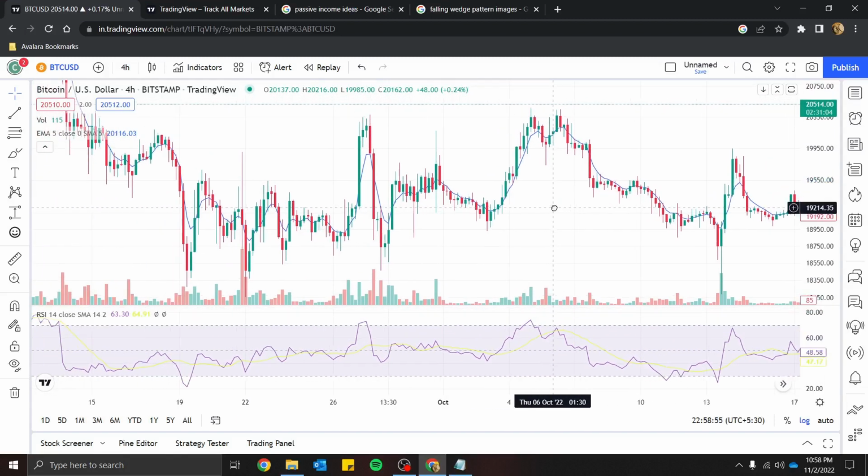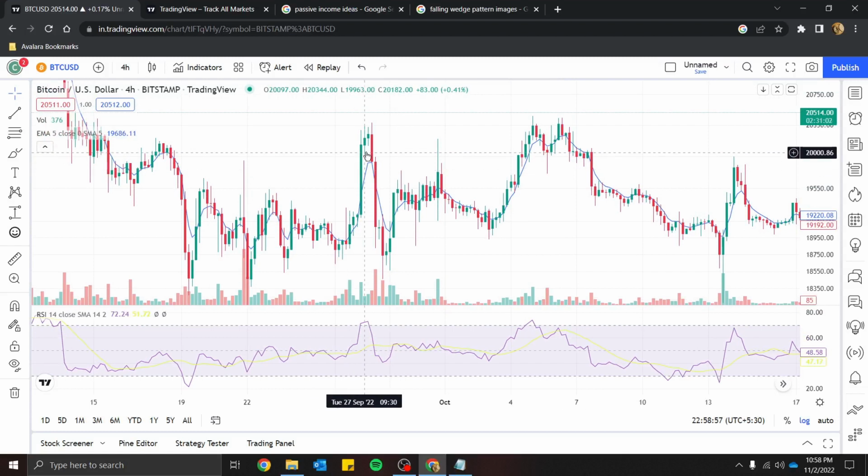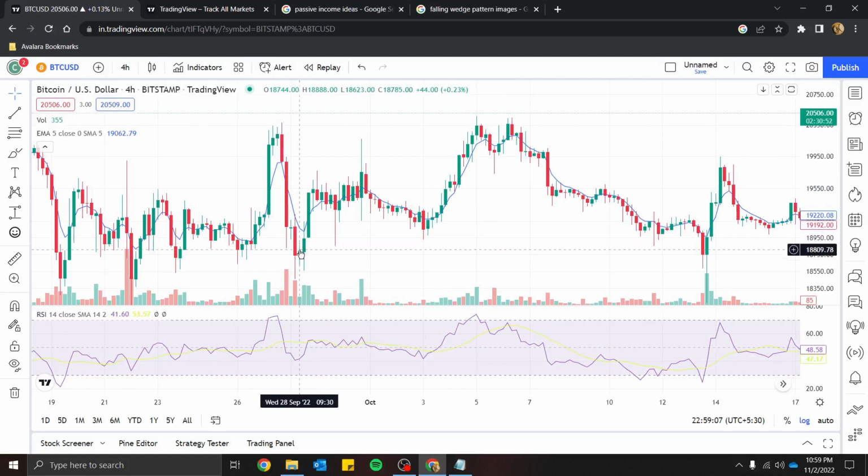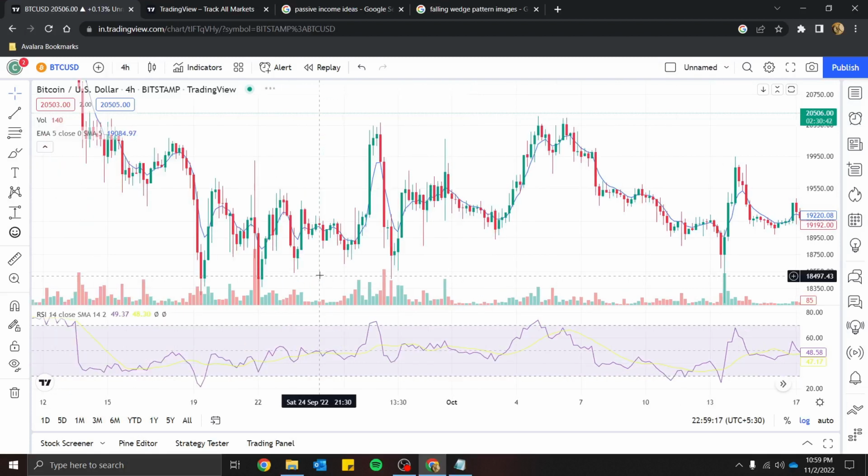And this is another example. As soon as RSI entered above 70, that is the overbought range, sellers came into the picture and dominated over the buyers. So there we can see the sharp downside move. It was approximately 20,388 to 18,400. Okay, it was almost a 1,500 to $2,000 rally in the downward direction.